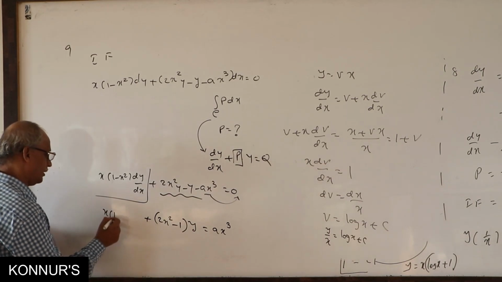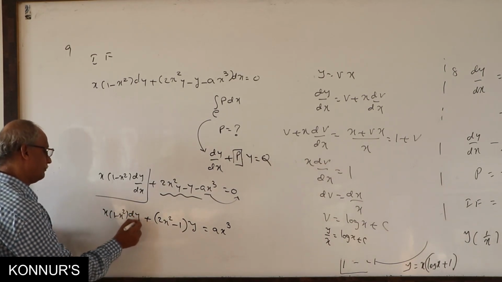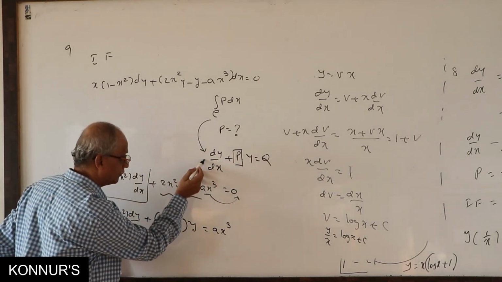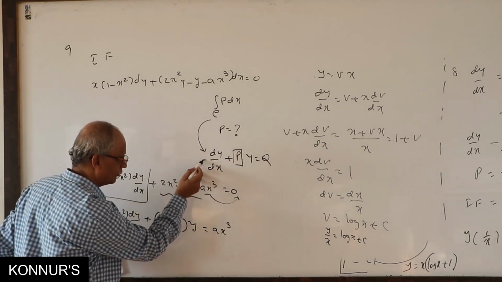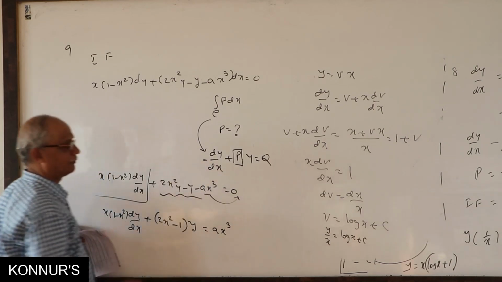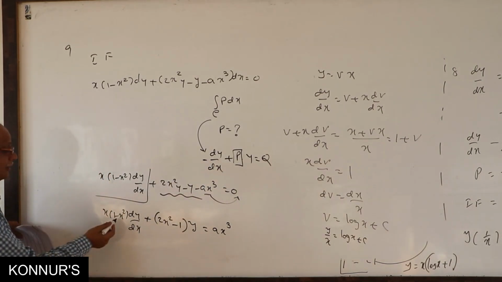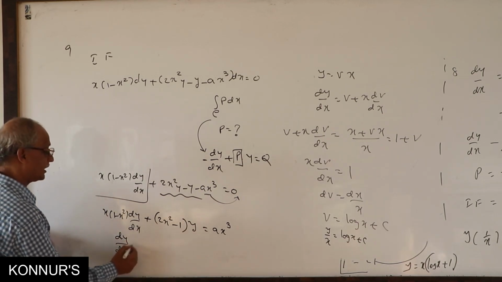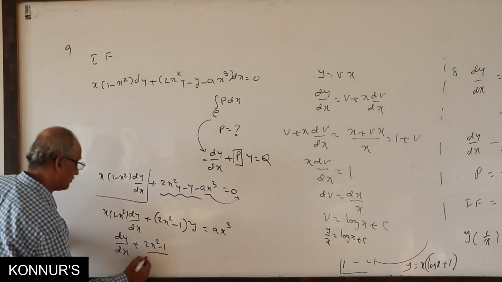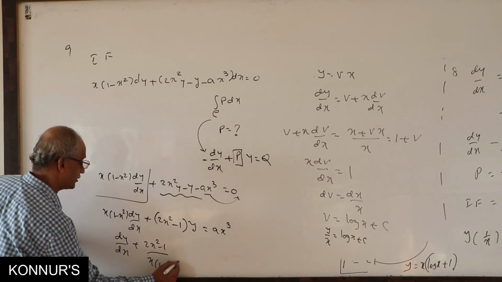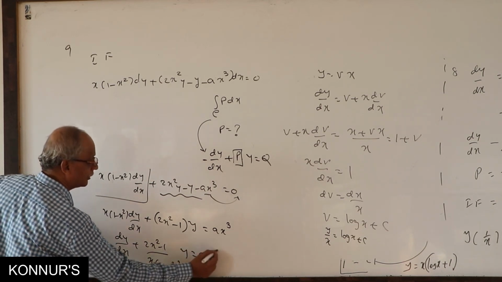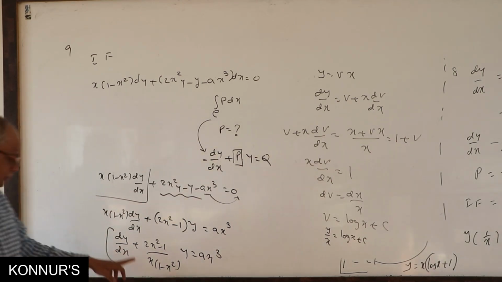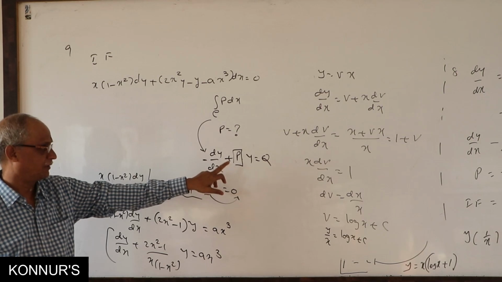What is next? We have left with this one as it is only. What is our next order? We want only dy by dx. Nobody is available. No term must be here. But we have extra. Divide with this. dy by dx plus (2x square minus 1) by x into (1 minus x square) into y equal to, now complete step we have got. Exactly it is fit into linear differential equation of first case.